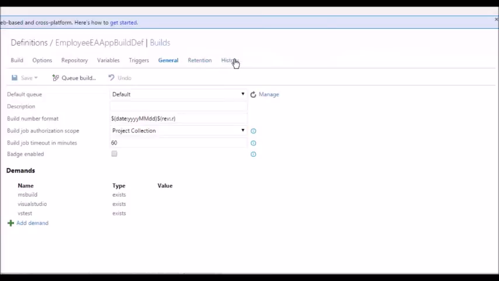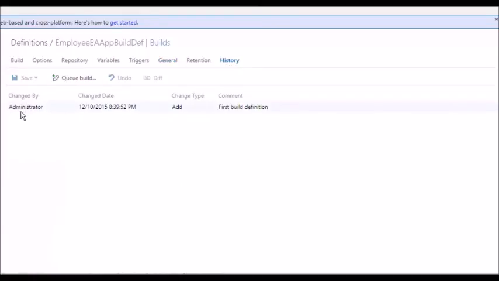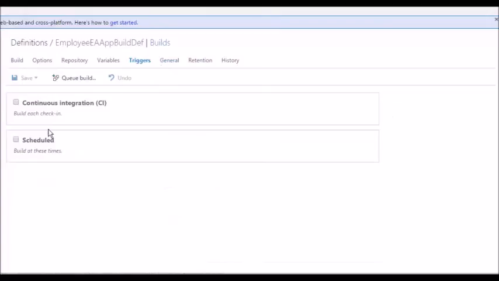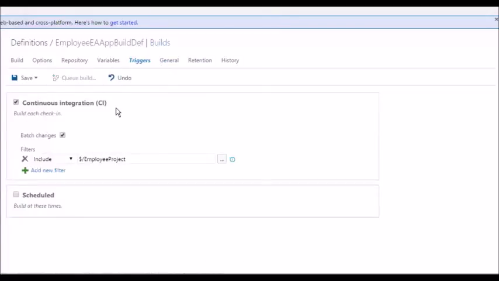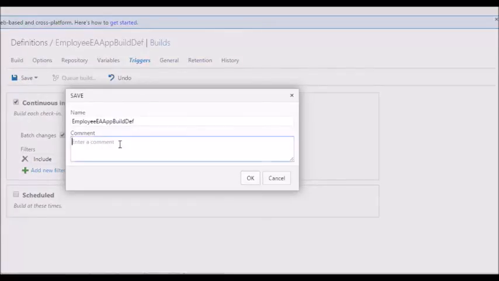And if you go to the history, this is a very interesting tab, and this is one of the most requested features as well. You can see that it has a history, and it also says changed by administrator, and this is the date and time, and the administrator has added this build definition, and this is the comment which has been given. And let's say for some reason I go to the trigger and maybe I just select this continuous integration, and then if I do a save, it will ask me for a comment, and you can say here, like, added CI feature,